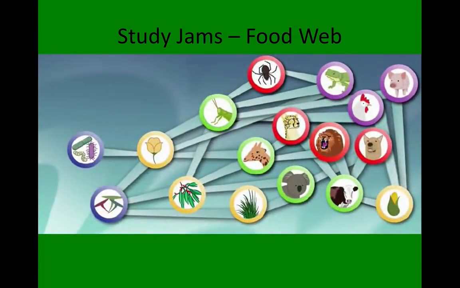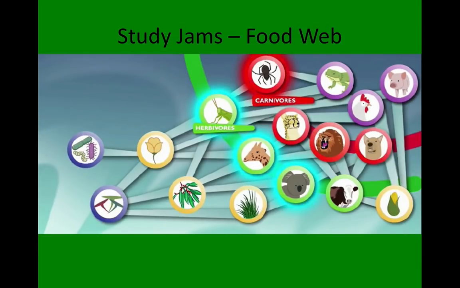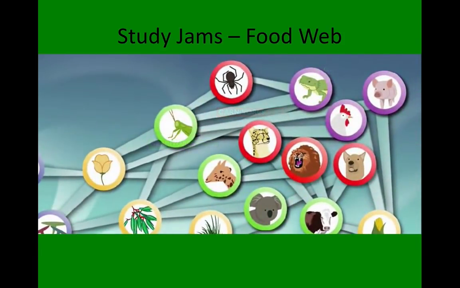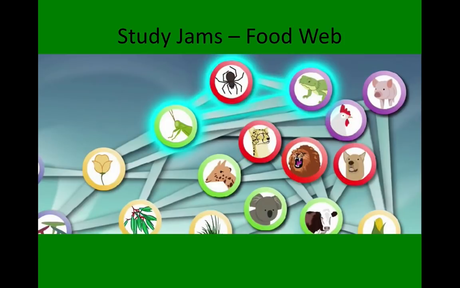Right. On a food web, you can see how all sorts of animals' food chains are connected. Herbivores, like the cricket, a koala bear, a giraffe. Carnivores, like the spider, cheetahs, and lions. Omnivores, like Rhinozilla, pigs, and chickens. They're all connected on the food web. So the cricket wasn't just part of Rhinozilla's food chain. Rhino and the spider are part of the same food web, and that connects their food chains.